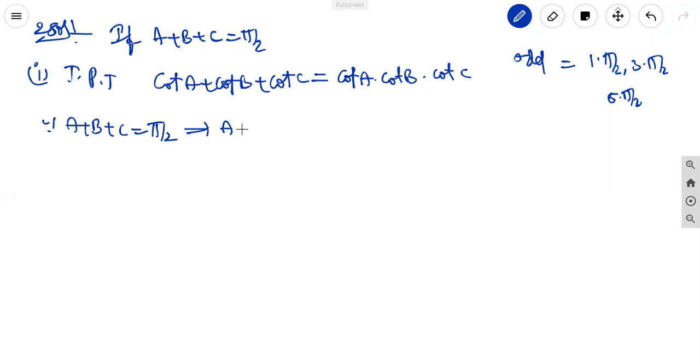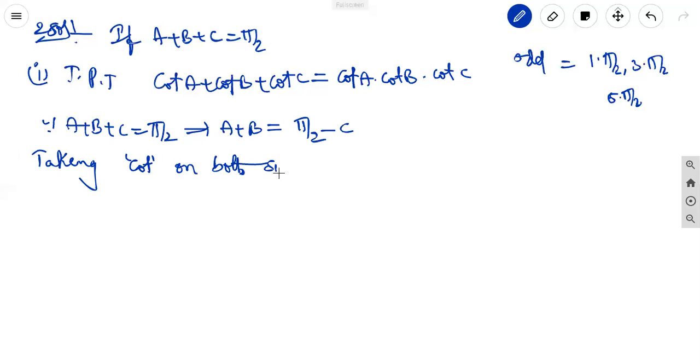From this, we can write A plus B equal to pi by 2 minus C. Here the sum of the two angles is a multiple of pi by 2, but not A, not B, not C. Taking cot ratio on both sides, so cot of A plus B equal to cot of pi by 2 minus C. The cot expansion of A plus B is